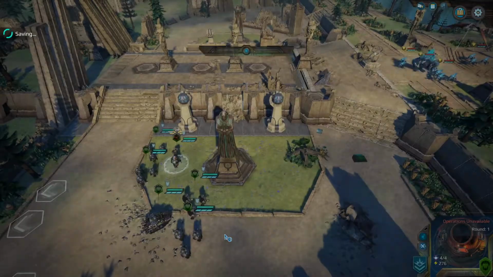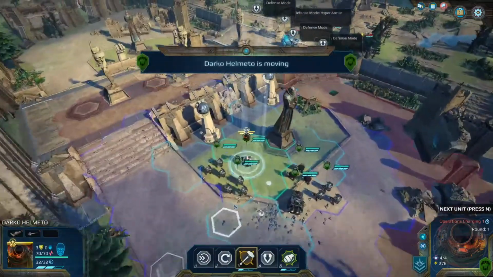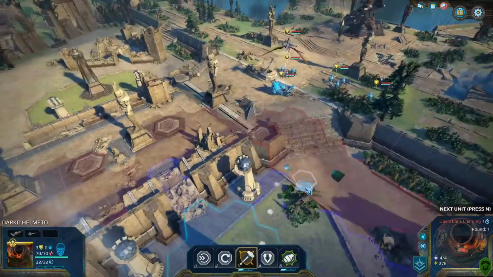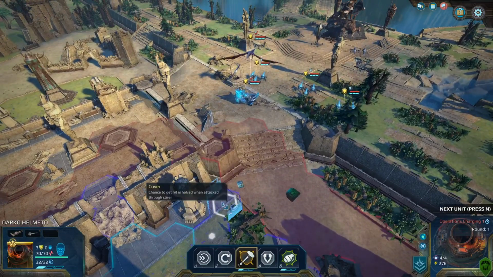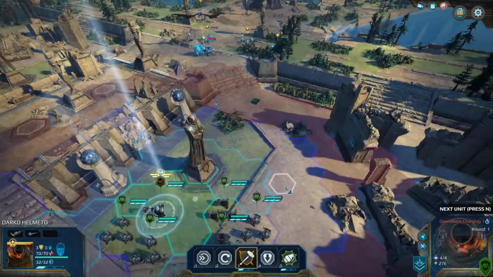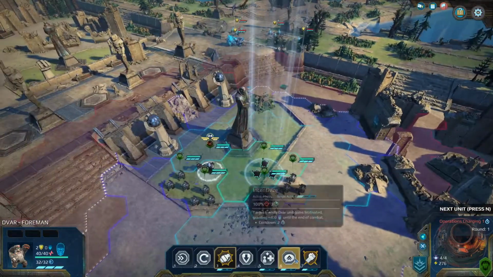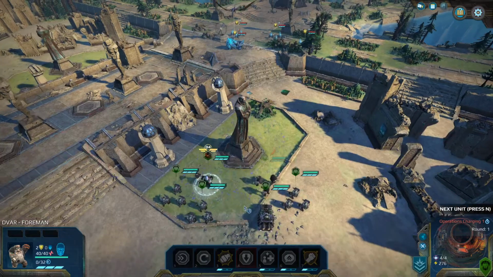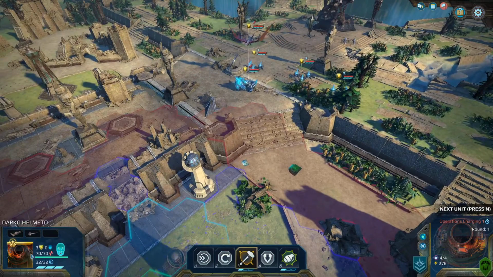So we should be able to utterly destroy these guys. Dark Helmeto has tons of melee attack. Pretty much if he gets in, he's going to have a good time. The main issue is he can get staggered right now. Let's just give him the buff. So he has motivation, which gives him a